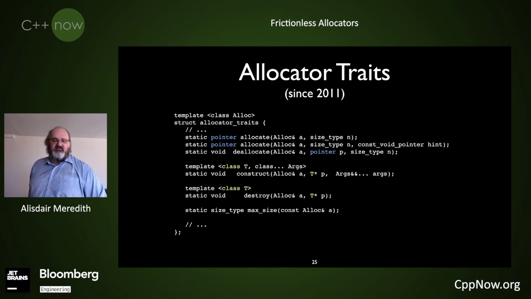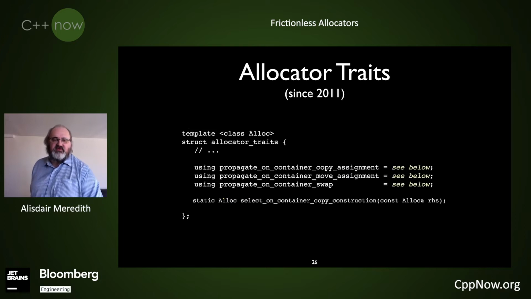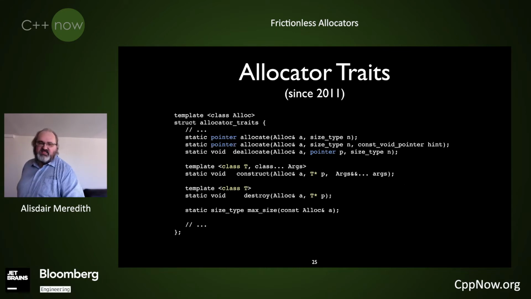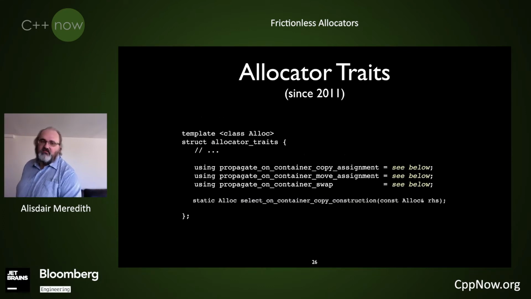And I had a point that I've forgotten, and I've got too many slides to go, so I'm just going to have to run straight through it. But the interesting point was to be aware that the allocate and deallocate facility works with fancy pointers, while construct and destroy do not. Sorry, that will come back up a little bit later when we want to see what we can support going forward.